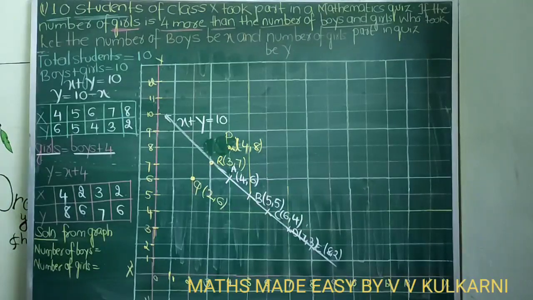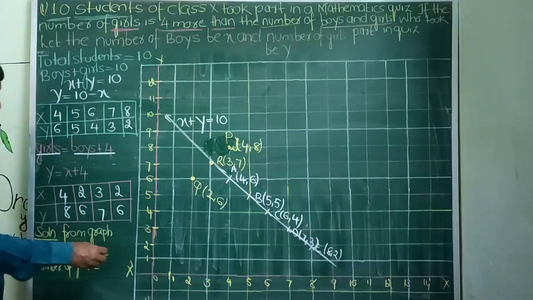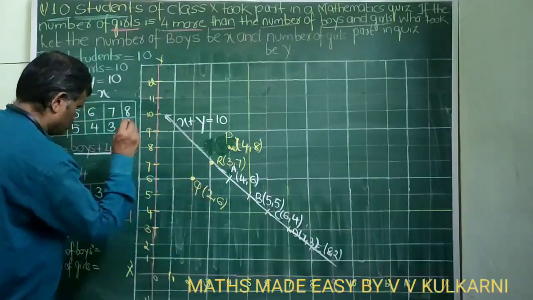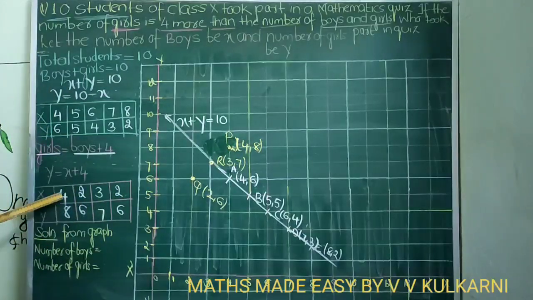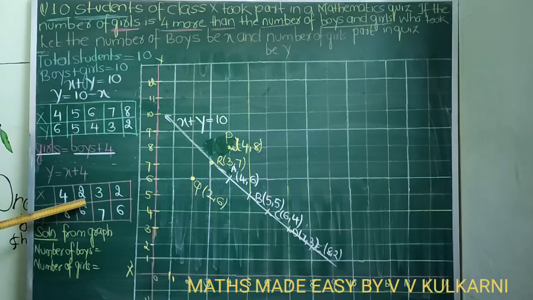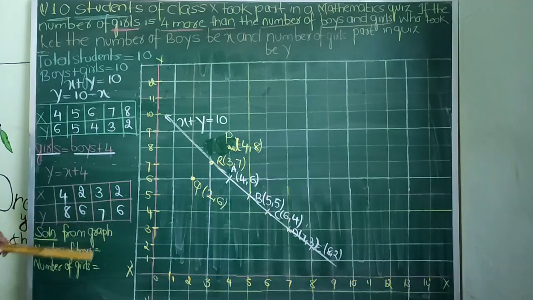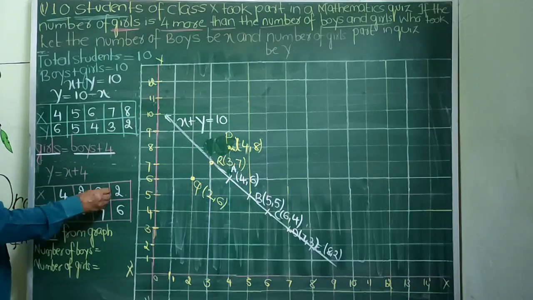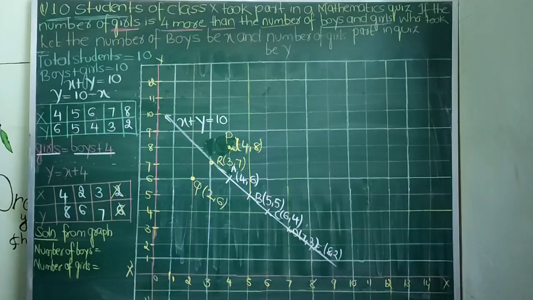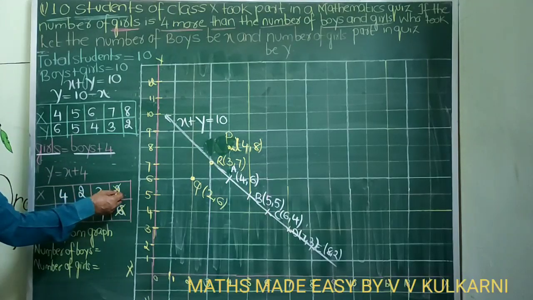Then what else is there? When x is 2, y is 6. Okay, 2 and 6 is over already. So I think we have plotted all the points: x is 4, y is 8; x is 2, y is 6; x is 3, y is 7. Here actually it is repeated, it need not be taken into consideration. Even if I take 3 points also, it can be done. Otherwise, if you want, you can take a few more points.